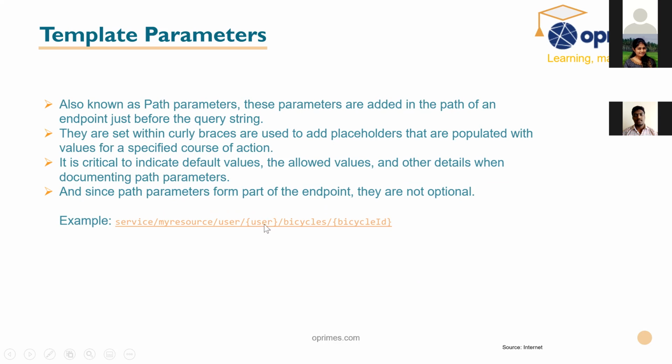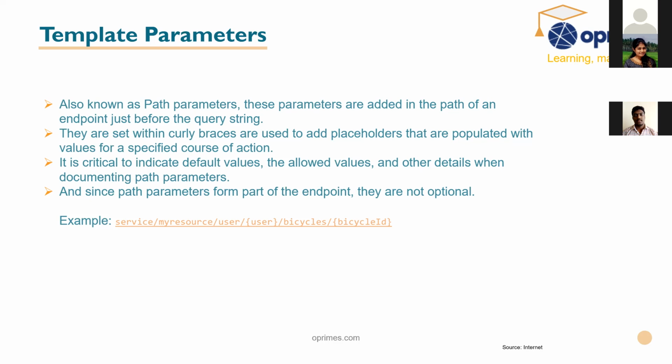Okay, if you are sending 1, 2, 3, and 2 represents OVR, then in my resource slash user slash OVR slash bicycle, what is the bicycle ID she is expecting. So you can use this parameter anywhere in the URL, and it is like a placeholder, like a variable storing some information. It holds the dynamic values.